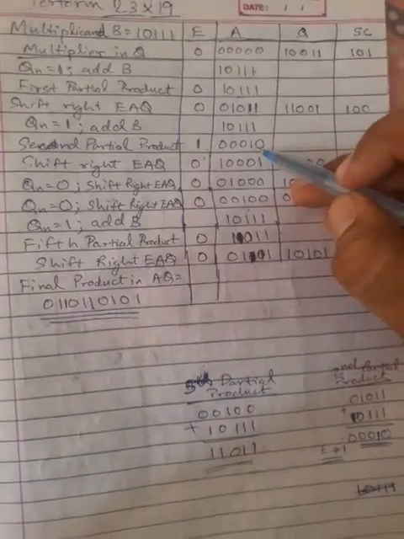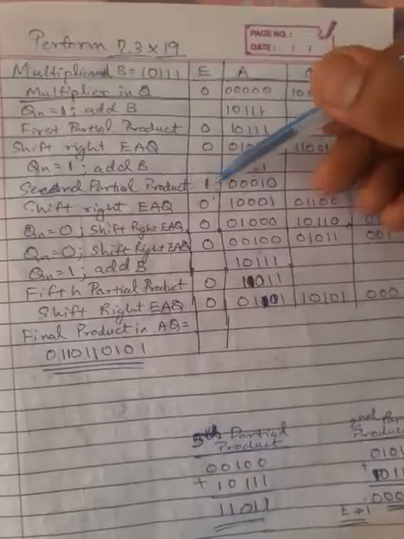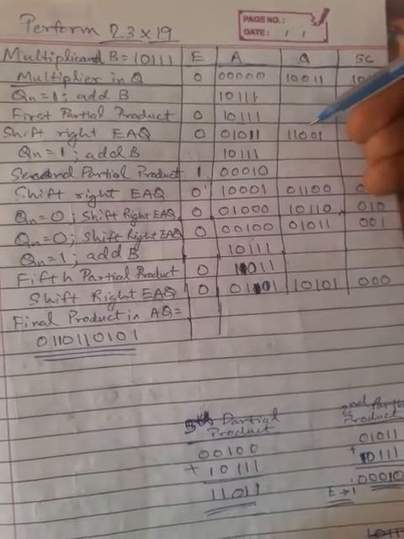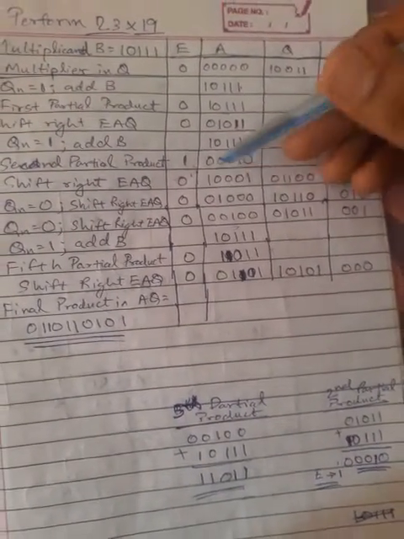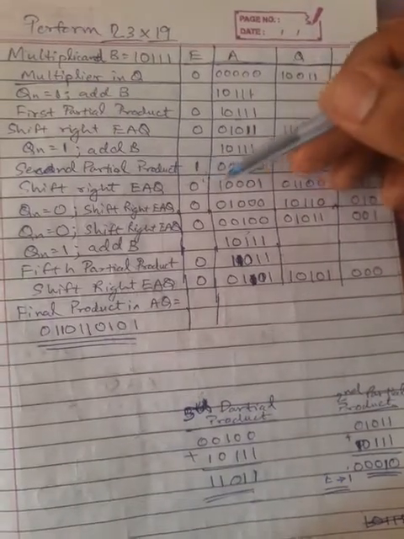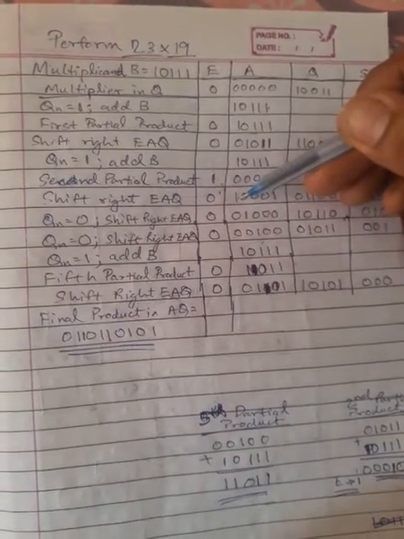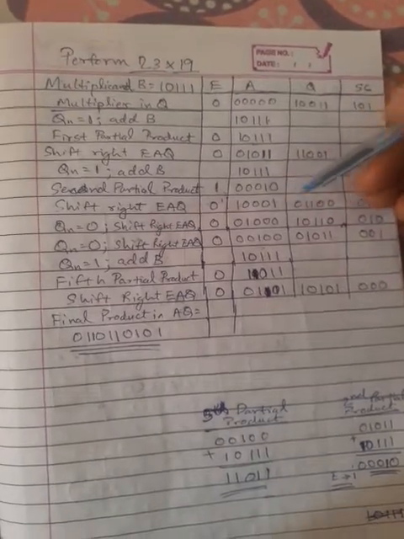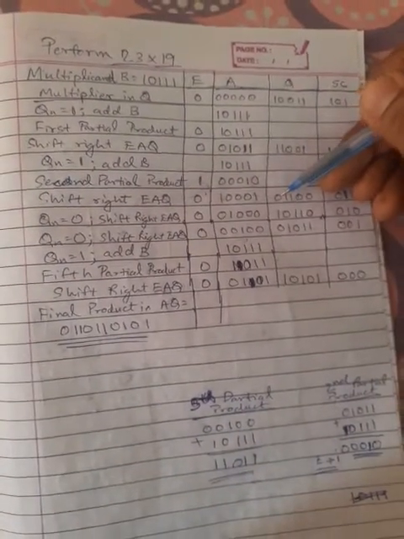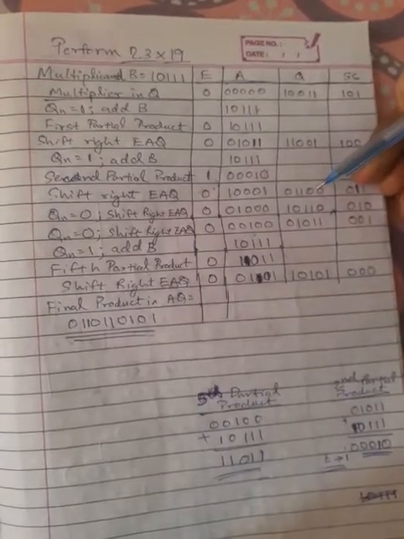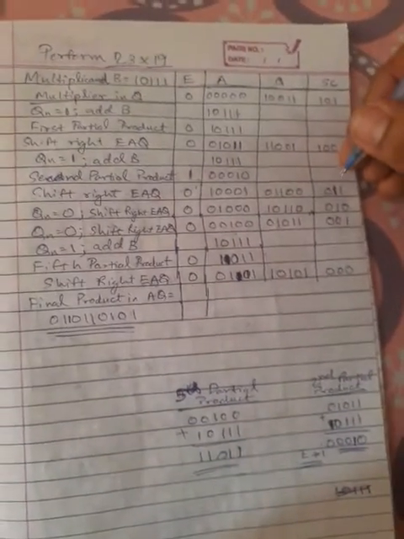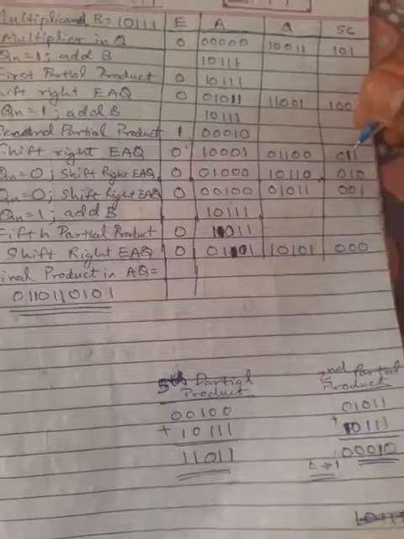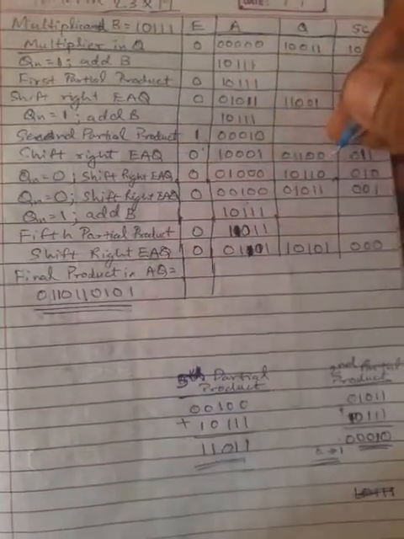After this addition, we have to do the shift right operation. So shift right will be done between E, A and Q. So Q will be this. Okay, this is the Q now. So this will be Q and this will be E, this will be A. So one shift we will do, so 1 will be shifted here, so 1 0 0 1 will be there, and this 0 will be shifted in Q, so 0 1 1 0 0 will be there. Okay, and finally the decrement will be done in SC, that is 4 is converted to 3, so 0 1 1 will be written because of 3. So this is a shift right operation.